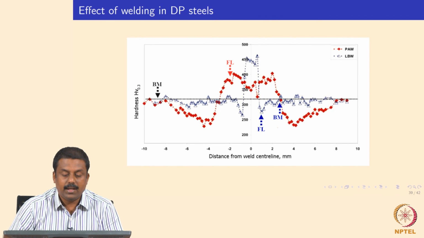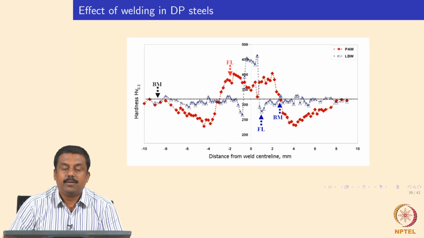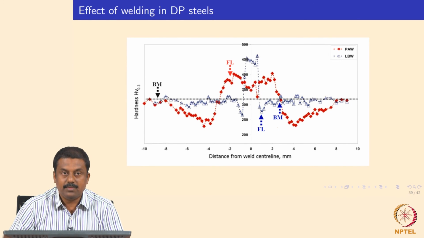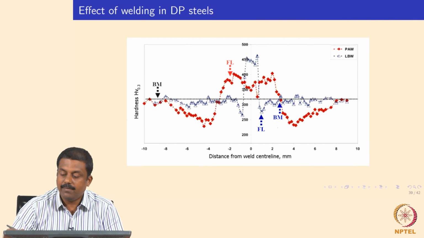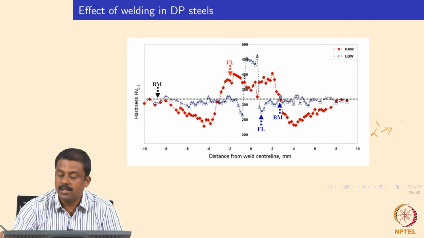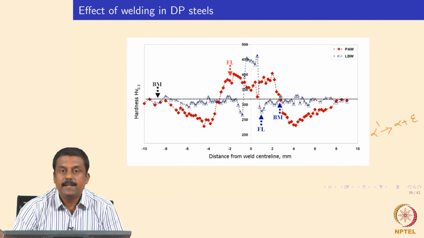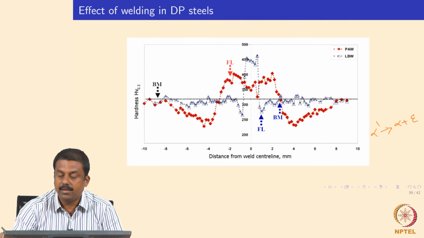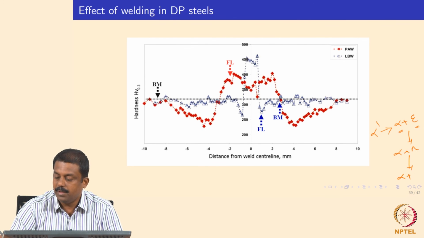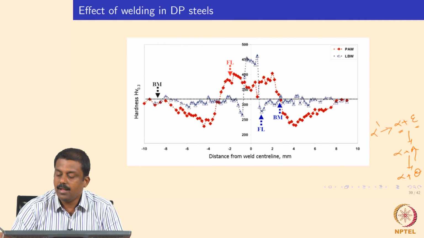And we can also look at the same effect in dual phase steel. In dual phase steel, instead of austenite, we have martensite in a ferrite matrix. So, like austenite decomposing to a ferrite and cementite mixture, the martensite in the microstructure would also temper. So the effect is also similar. The martensite would again transform to a mixture of ferrite and cementite, in the same way that the austenite would transform, as I explained, to a ferrite and cementite mixture.